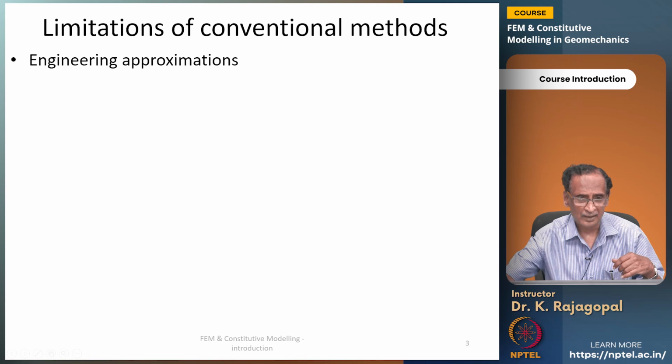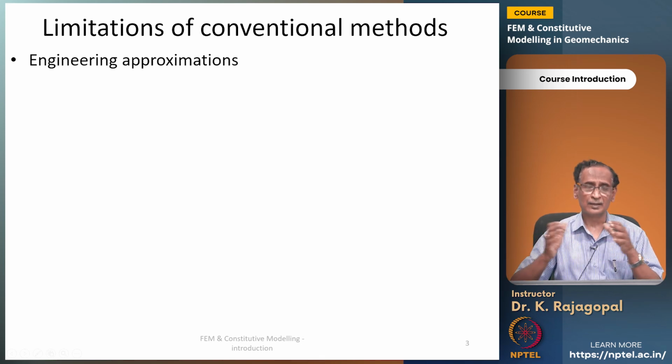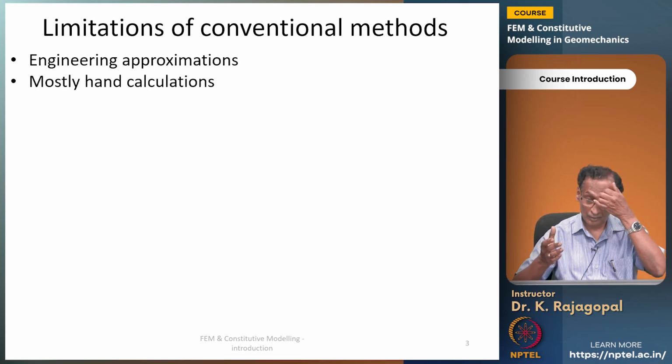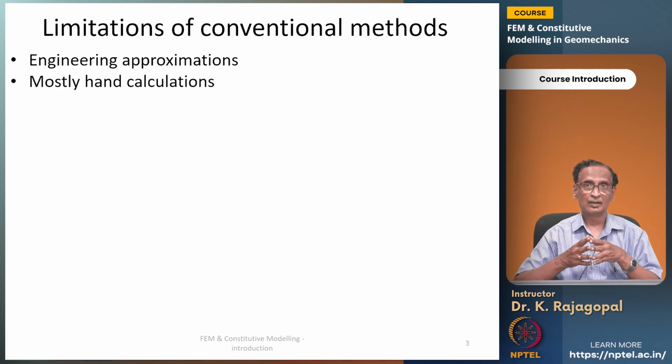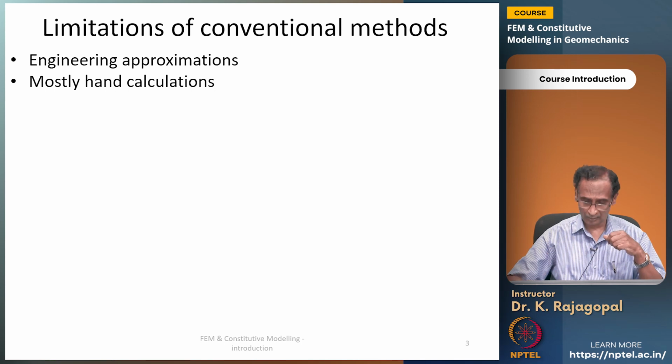See, one of the first limitations is we make a lot of engineering approximations in arriving at a solution, and the reason why we want to approximate is we want to use only hand calculations. At the most we might write a small computer program and do some calculations, but then these are not as rigorous as those methods that we will be discussing in this course,